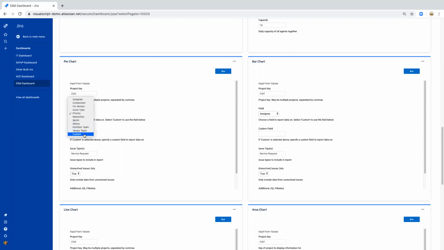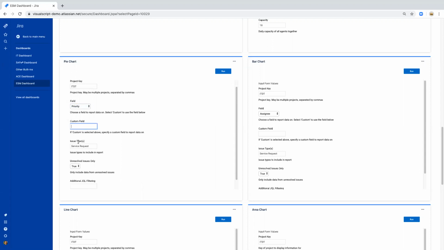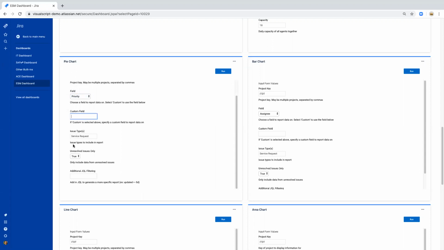If I chose a custom field, I would just enter the custom field name here and it would do the right thing. Next, we're going to report off of a service request issue type, and we're going to only show unresolved issues. And then you can add additional JQL filtering. So if you're familiar with JQL Advanced Search, you can add statements in here to further filter your data. For example, priority in high, medium,